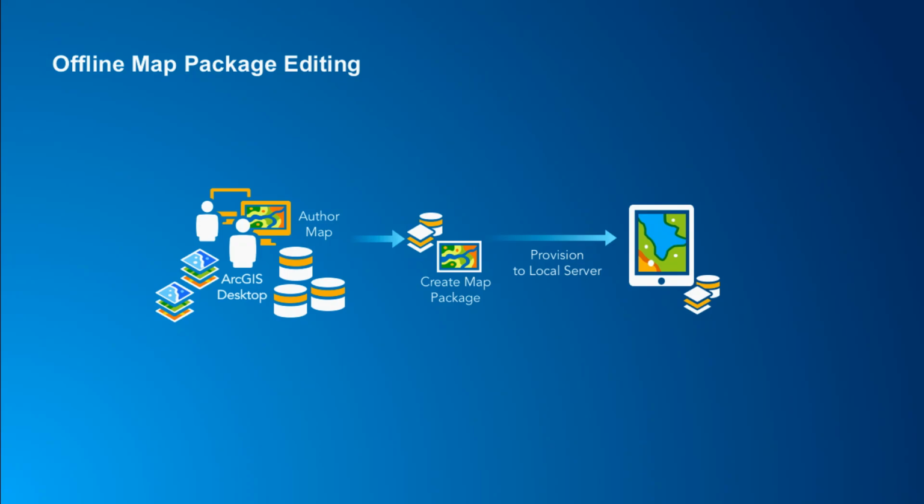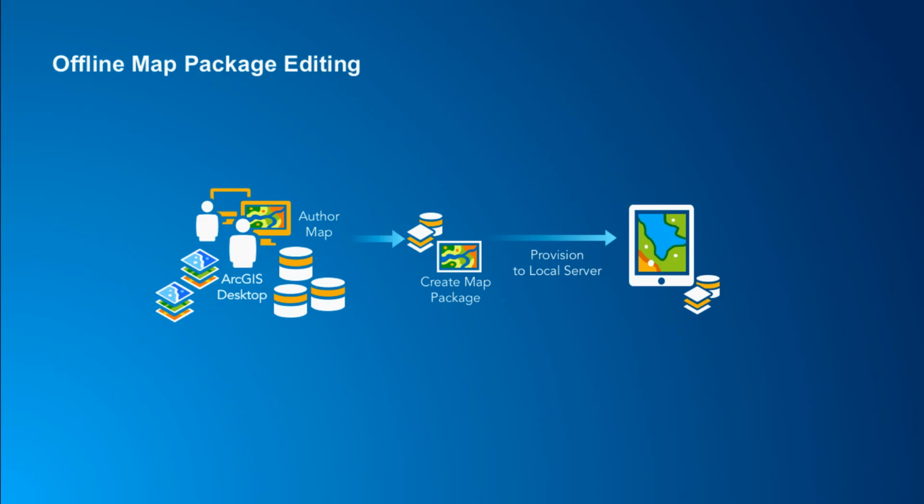And the restriction with this workflow is it's desktop to desktop, or desktop to laptop, or desktop to ruggedized PC. It's not an option for going to Android or iOS,